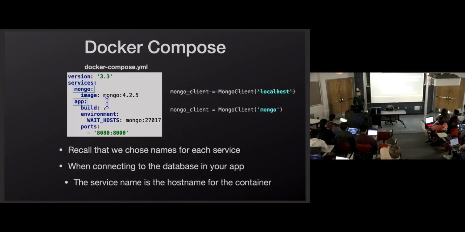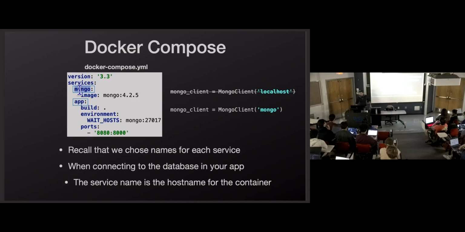So the next place where the service name matters, the service name is going to be the host name, is when you, and I just realized my slides are going to be a little wrong in the next slide. When you're connecting to your Mongo client, this is what we did last time. We connected using localhost, and that's what all the documentation that you see is going to do.